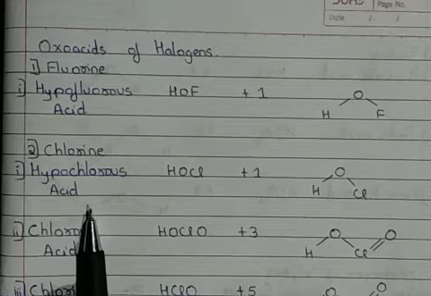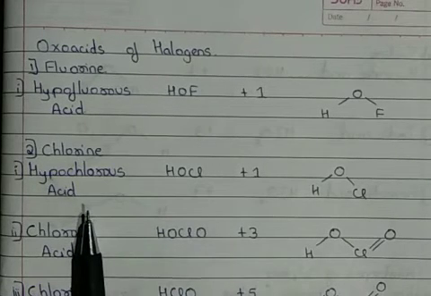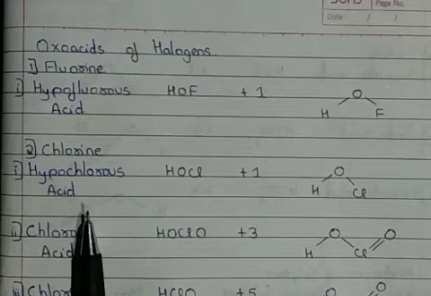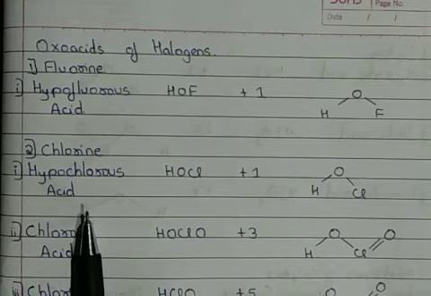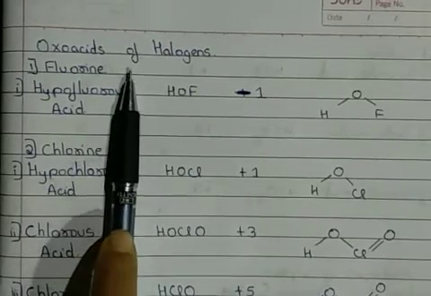These are the only 4 acids which have been isolated, whereas the others are stable only in aqueous solution or in their forms of salts. Now we will one by one see those oxoacids of halogens with the formula, the name, the halogens' oxidation state, and the further very important is their structure. So the first we are going to see, that is oxoacids of fluorine.